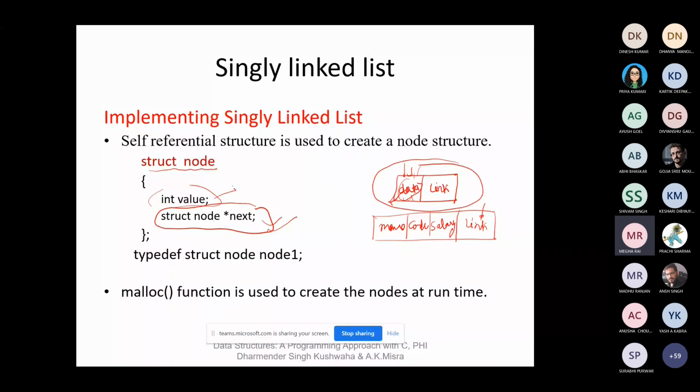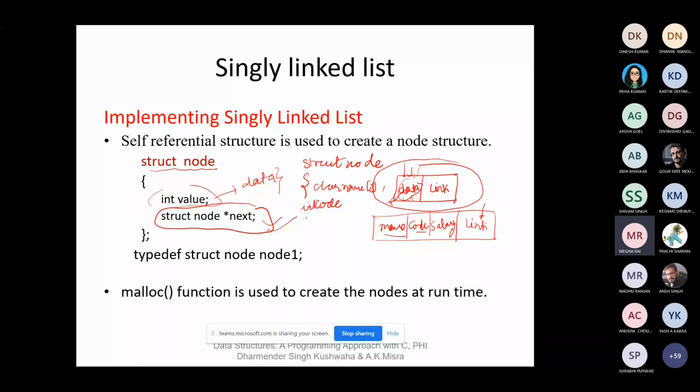Now if you are using three values like name, code and salary, then we can use a structure like this. Struct node, one field for the name with whatever size is needed. Then code, if it is an integer value, then int code. And another one is salary.